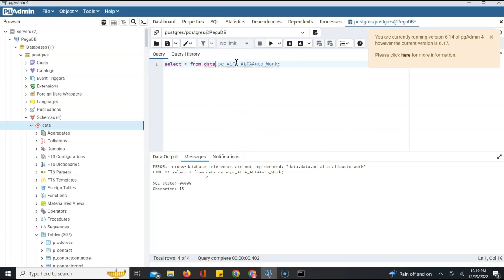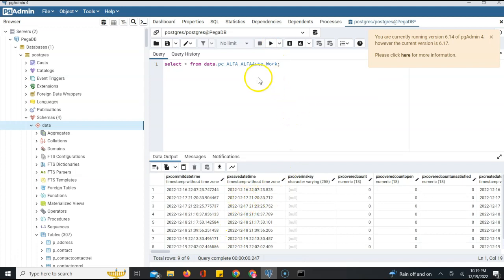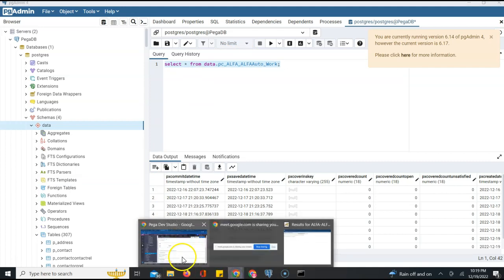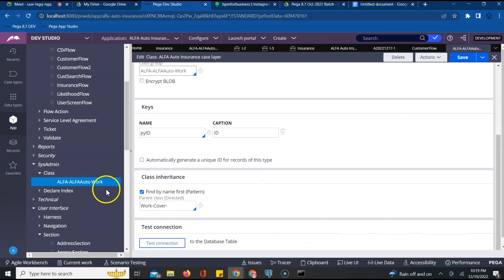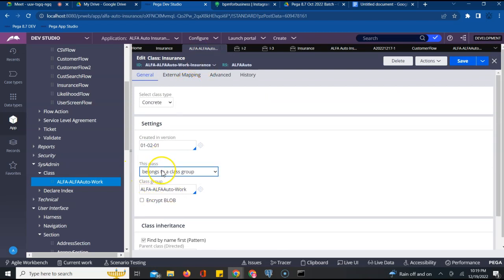Data got duplicated. Perfect. See, you can query that. This is mapped to your work class. Let us see what is mapped to my insurance class, which is again a case type class which belongs to a class group. Yes or no? See, this is my insurance class which belongs to a class group, which means all that we